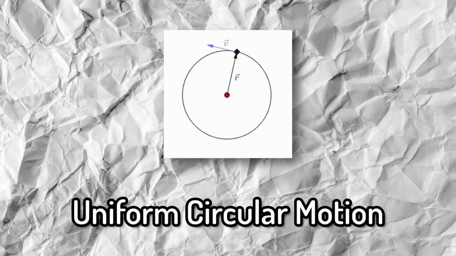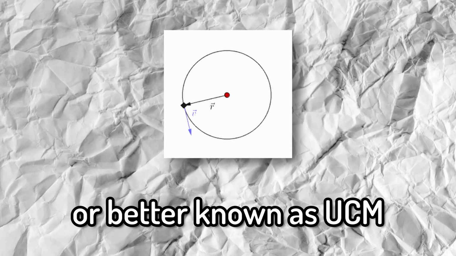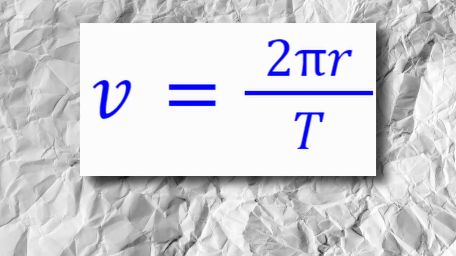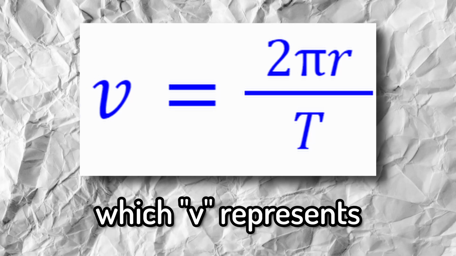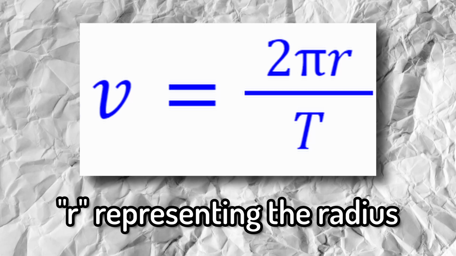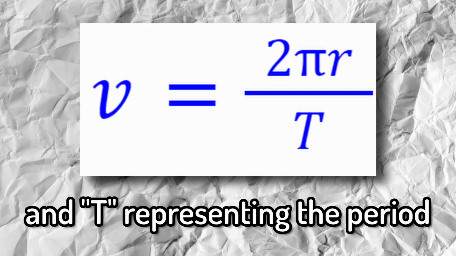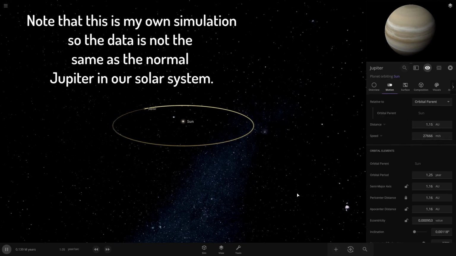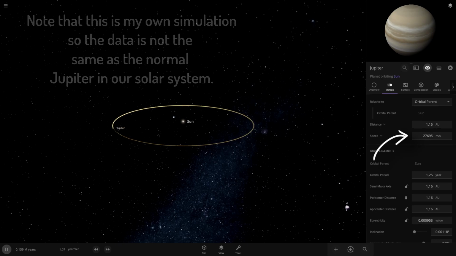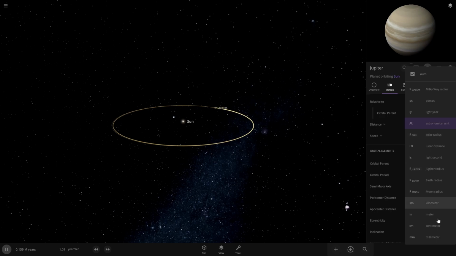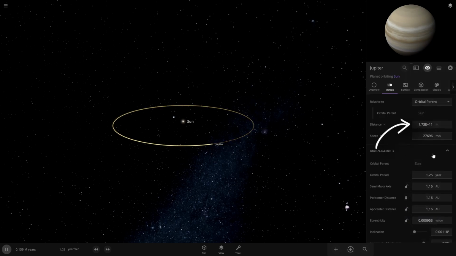This game can show uniform circular motion, or better known as UCM. First, we will find the period with this equation, v equals 2 pi r over t, which v represents the velocity of the planet, r representing the radius of the orbit around the sun, and t representing the period. In the simulation, we can note that Jupiter is going at a nice 27,684 meters per second, and is 1.16 astronomical units away from the sun, or approximately 1.735 times 10 to the